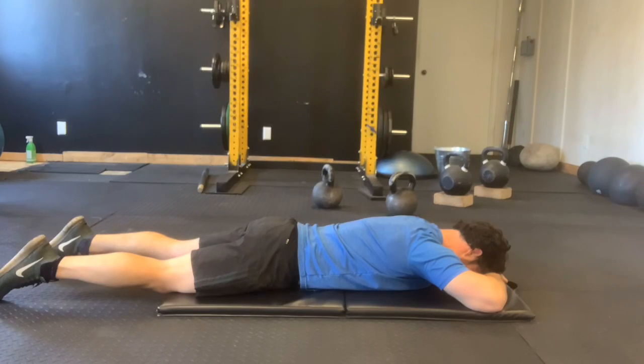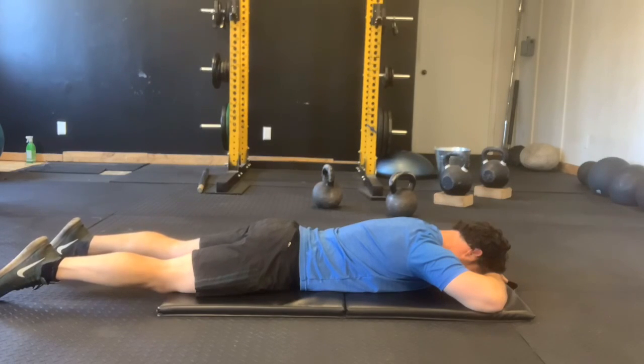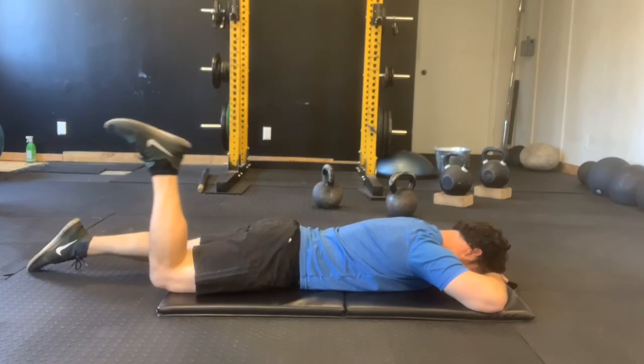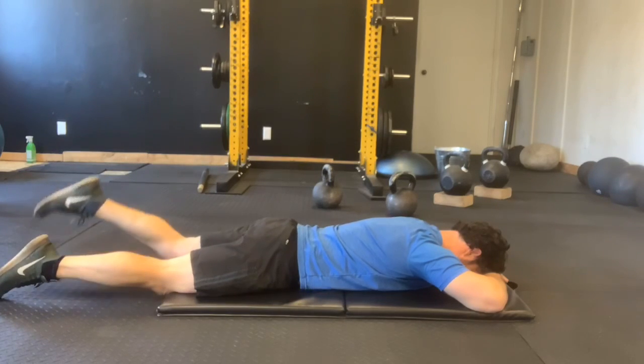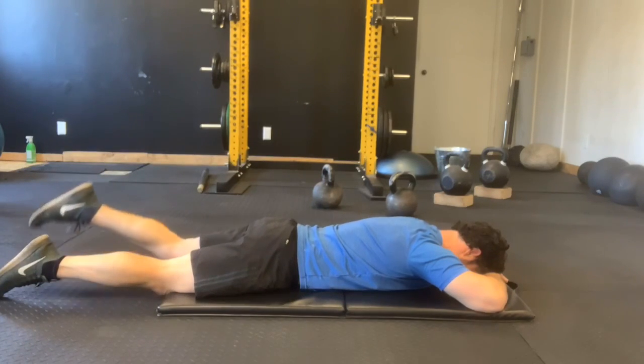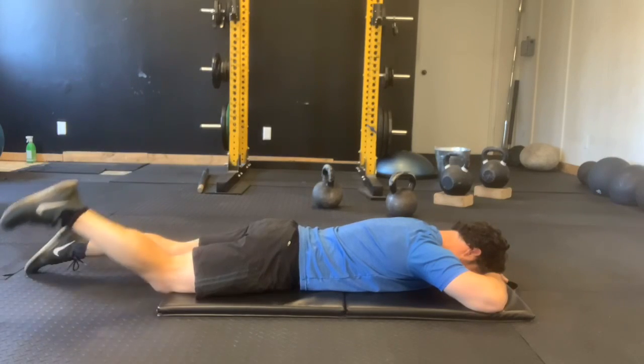Deep breathe. Push the belly into the floor and exhale. Inhale through the nose, exhale through the mouth. Totally release all the tension in your body. Relax. Very beneficial for the spine to decompress after all of that lifting. Focus on your breathing and listen to my cues. When you're ready, bring one leg up towards your butt, your heel towards your butt, and alternate in this fashion. Totally relaxing, continuing to breathe, bending the knee,